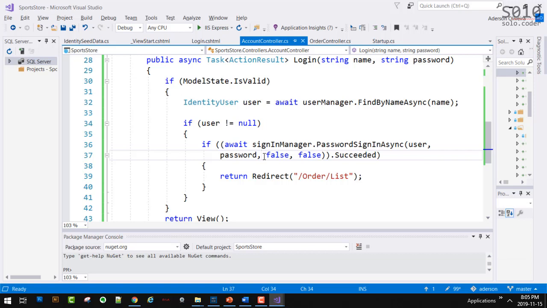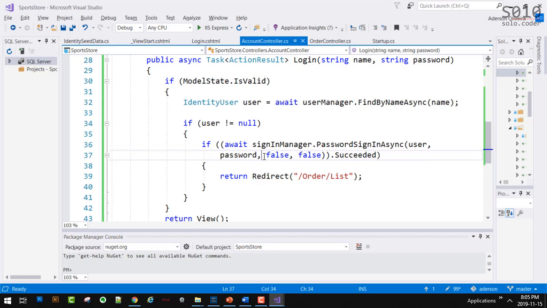That's what false means. If I put true, it's going to lock the user and it will not allow login for a certain amount of time. To be quite honest, I didn't try true yet. I'm not sure what the default time is.